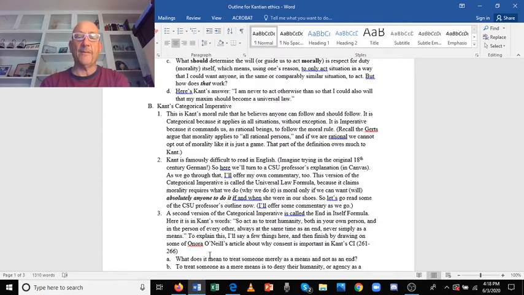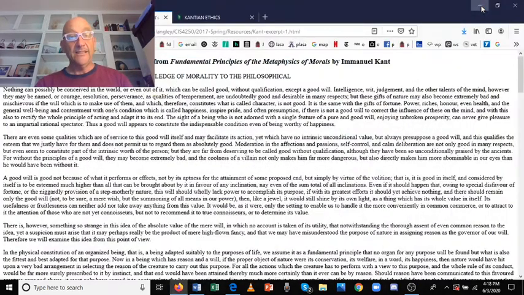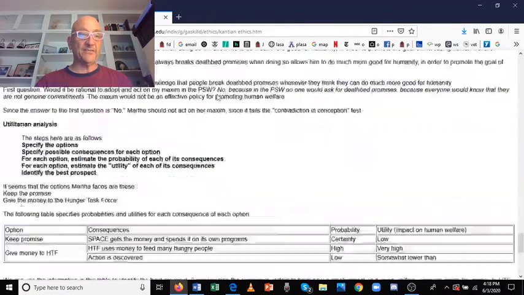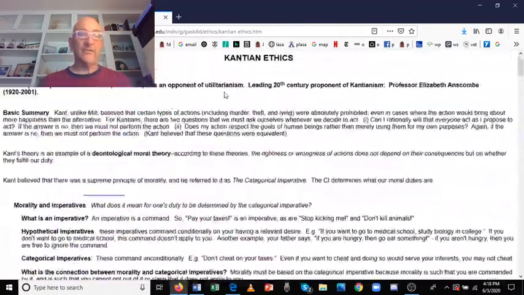He first comments on the universal law formula, and it's called that, again, because it claims morality requires what we do and why we do it is moral only if we can want or will absolutely anyone to do it if and when they were in our shoes. So let's go look at that CSU prof. It's not this one, so I'm going to close that screen. It's this one. All right, so what he tells you here